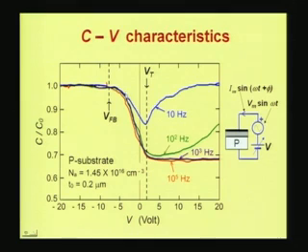Now, in this region what you find is that the capacitance is independent of the frequency of the signal, but beyond this range, as you move to the right, you find the capacitance for different frequencies is slightly different, until you come to this point here,